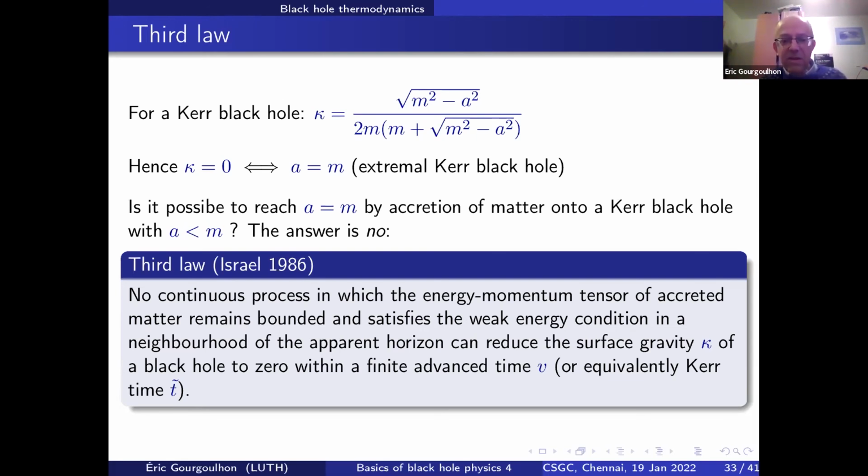This is reminiscent of one version of the third law of thermodynamics, which says that by no physical process you can reach zero temperature for a given thermodynamic system. And there is another version of the third law which says that the entropy must be zero at zero temperature, but this version does not hold for black hole mechanics, because for an extremal black hole, the temperature is 0 if you identify kappa to the temperature, but the entropy is not 0 because the entropy is proportional to the area, as we've seen, and the area of an extremal black hole is nowhere 0. If you look at the area formula,